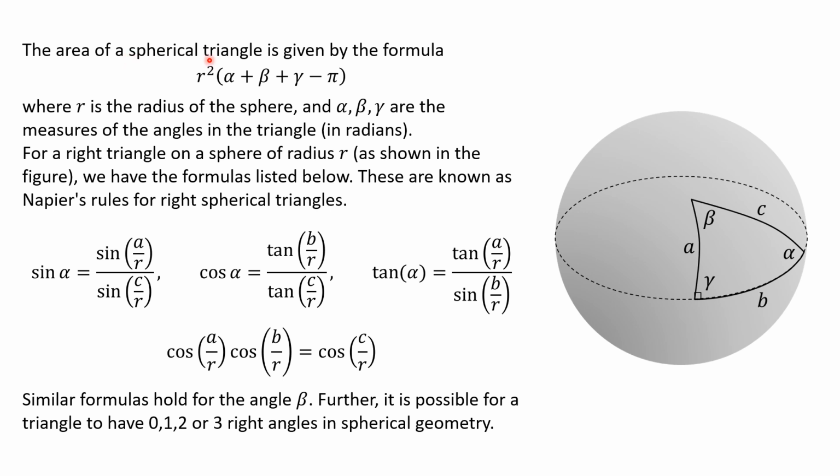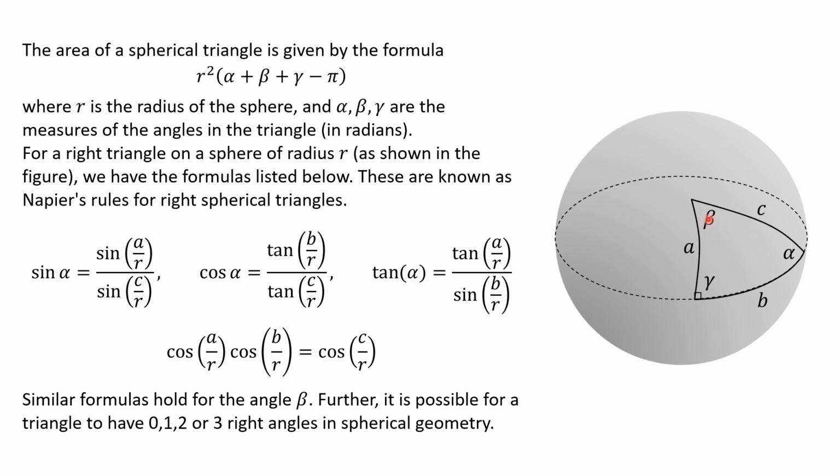The area of a spherical triangle is given by this formula here, r squared times the sum of the angles minus pi, where r is the radius of the sphere. For a right triangle, and I've shown a picture here of it, we have some formulas known as Napier's rules for right spherical triangles. I won't read these off, but I'll just show them to you here. These are all for alpha, which is opposite the right angle,